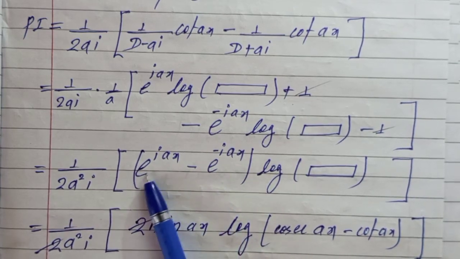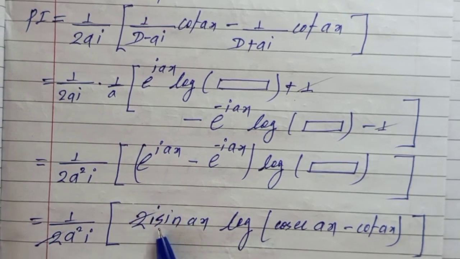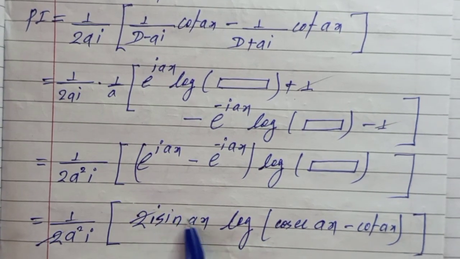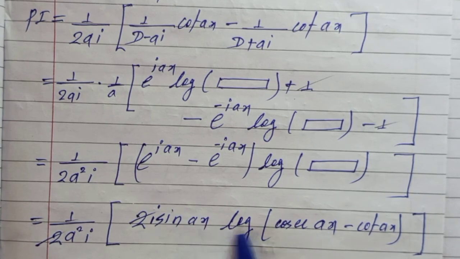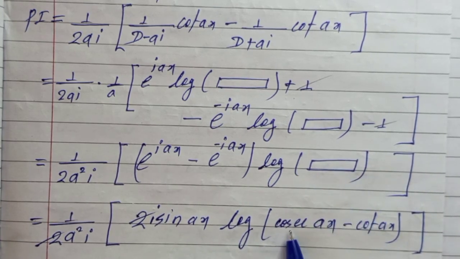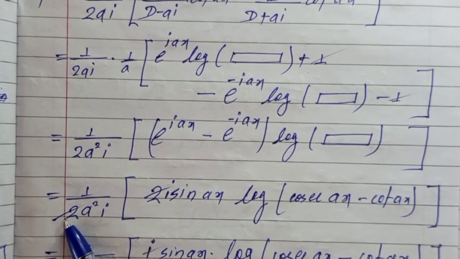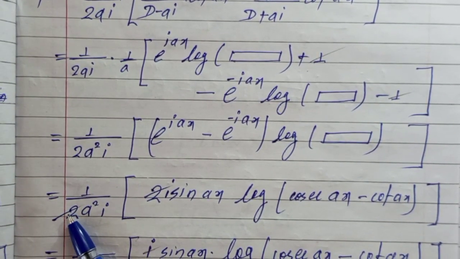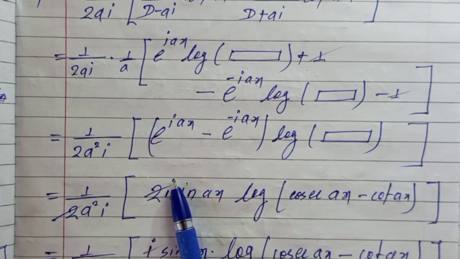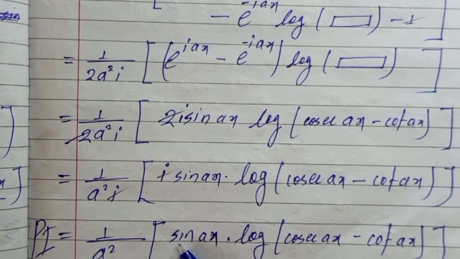So cos and cos of this term are going to be cancelled. As a result, we are going to get 2i sin ax. You can do it roughly, and the left term is this log, and this bracket value was cosec ax minus cot ax, and this is the coefficient which is coming multiplied. So 2 and 2 are cancelled from here, and the left expression is our